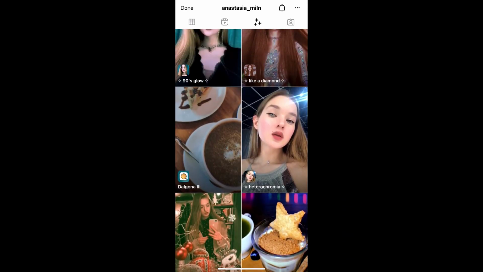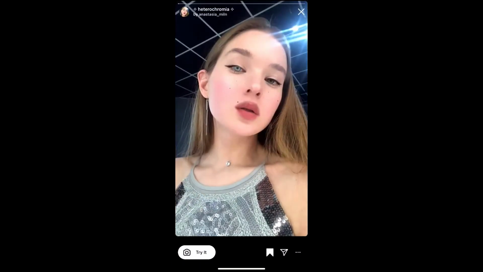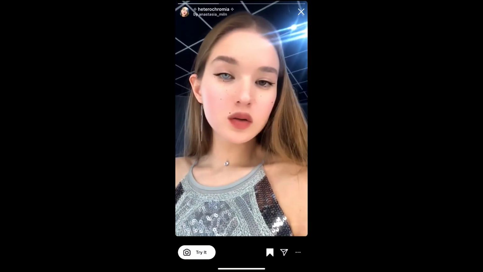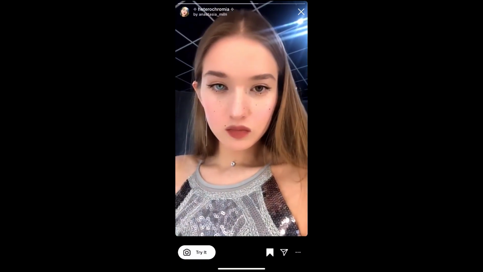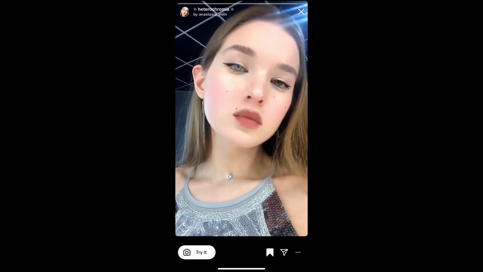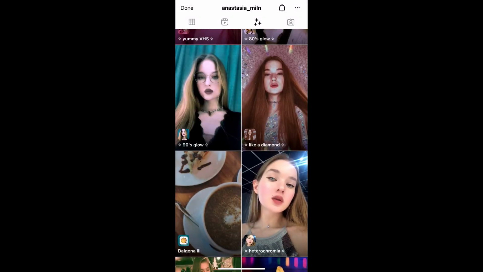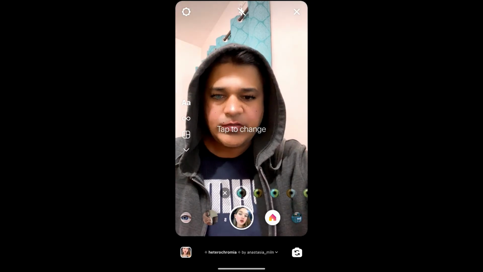Okay, and this is the filter heterochromia. Tap on it and you will see this preview. From here you can save it to your Instagram camera tray and you can tap on try to try the filter. Okay, and suppose you are not getting the effect like this, then what you can do,